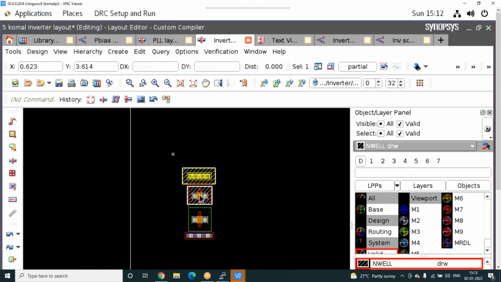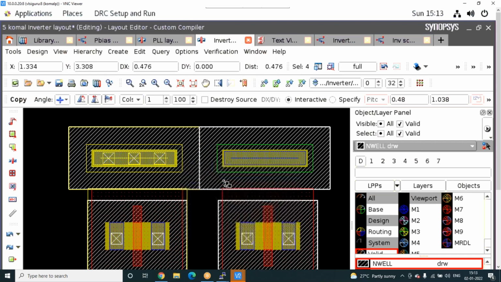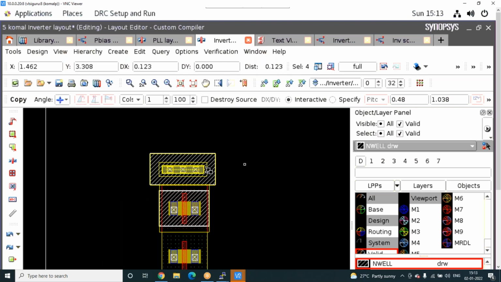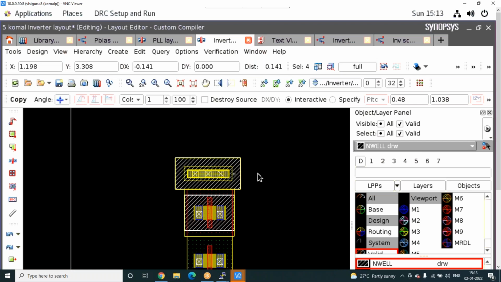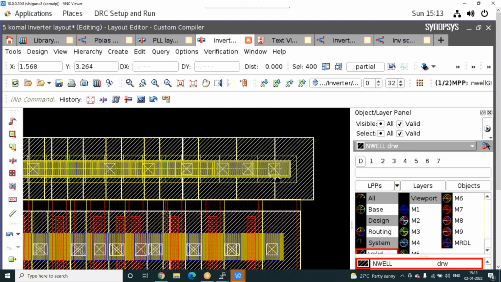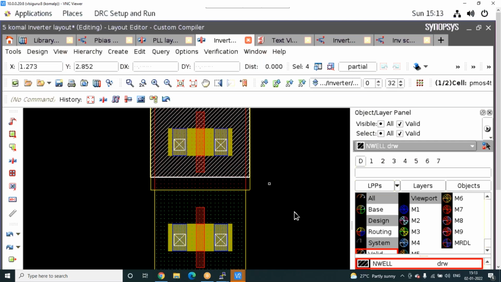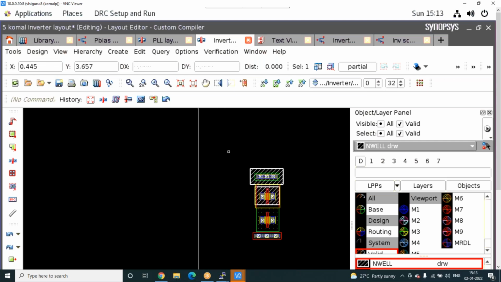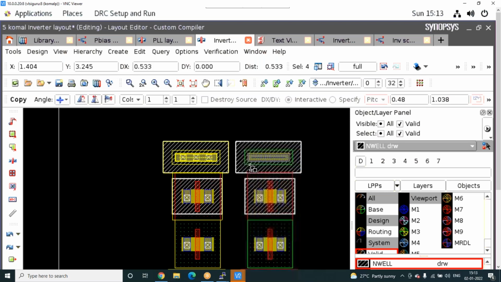Let us select all. As per your align, it will become. So this is the one example I gave.